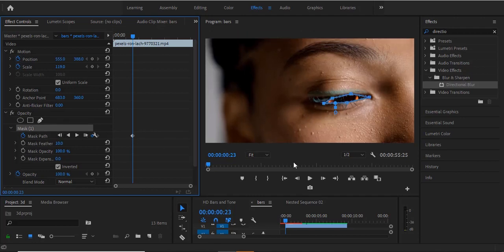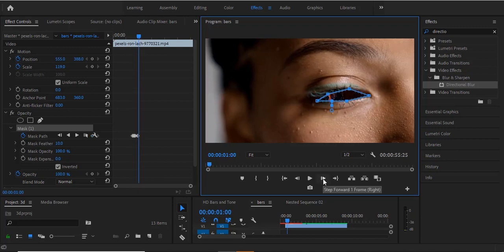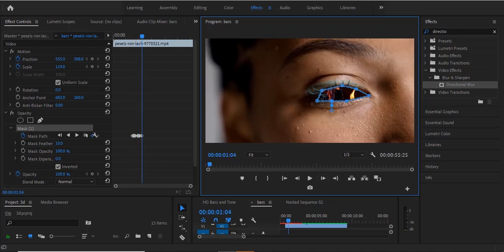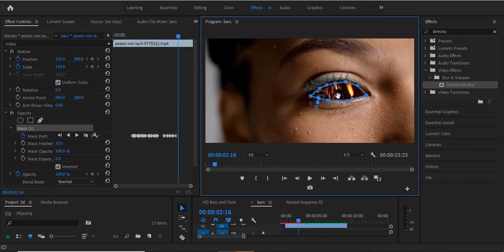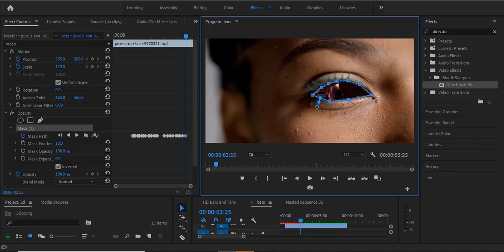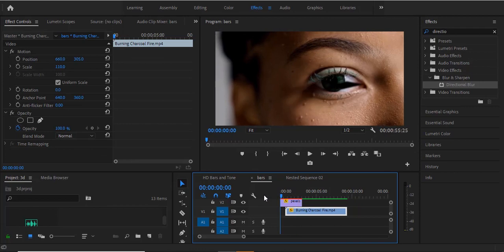Now what you need to do is to move to another frame by hitting this right arrow over here, and you need to continue to scale this mask to cover the entire eyes. So I'm going to fast forward this now so it doesn't look too boring. Alright guys, so if I go back and hit play,